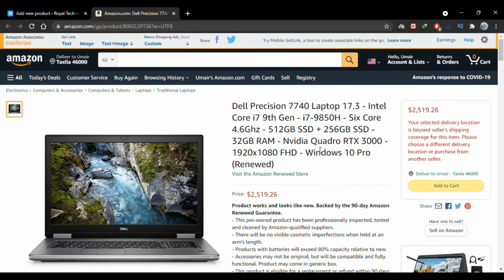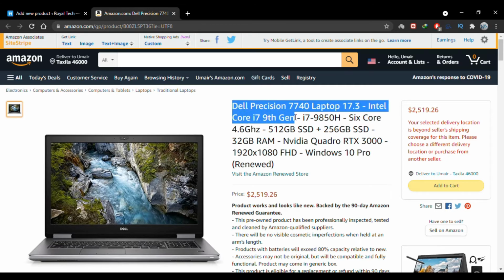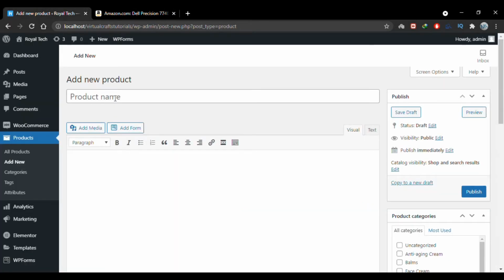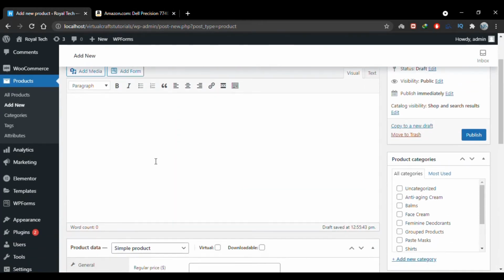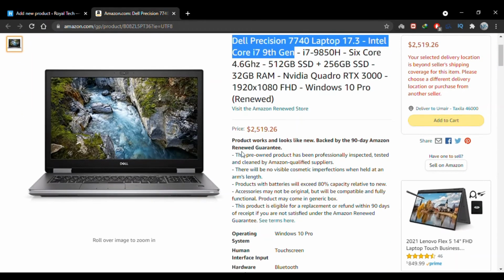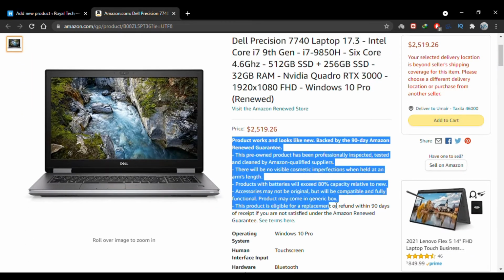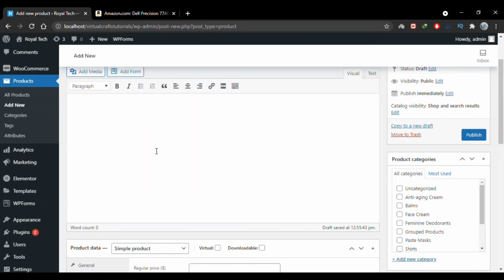This is the product from Amazon that we'll add to our site as an affiliate product. I'll copy the title of this product, let's say this much, and paste it back in the product title. Okay, here I have to write the product long description. I'll go back to Amazon and I'll copy the description from here and paste it here.